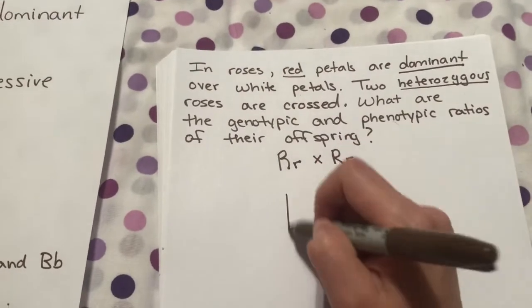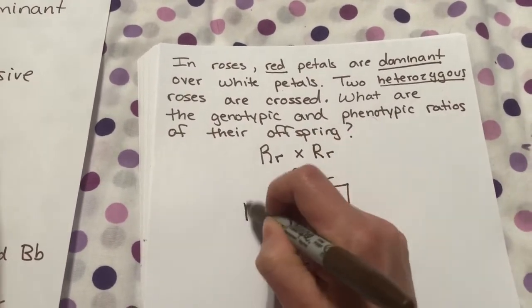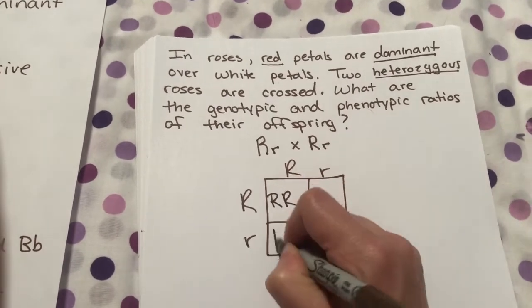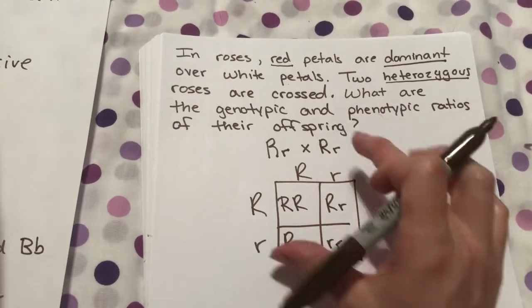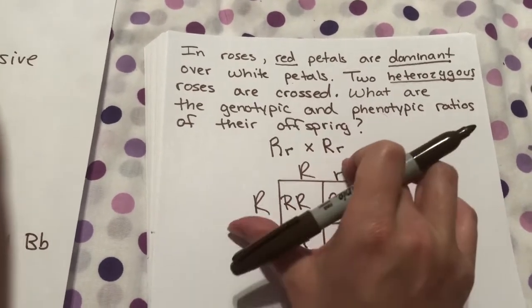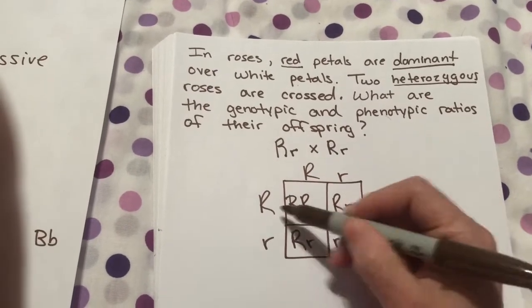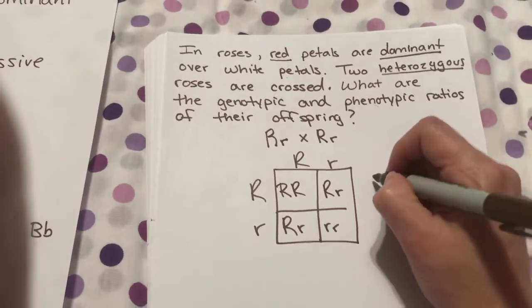All right, so from there, I build my Punnett square. This is one parent. This is another. All right, so I do this. Okay, now, and remember, you saw before, I'm just moving the boxes. The big R came down, the big R came over. The little r came down, the big R came over. All right, now notice when I say